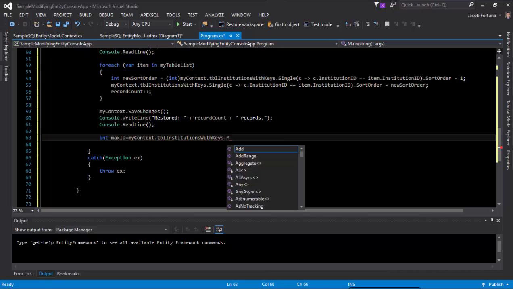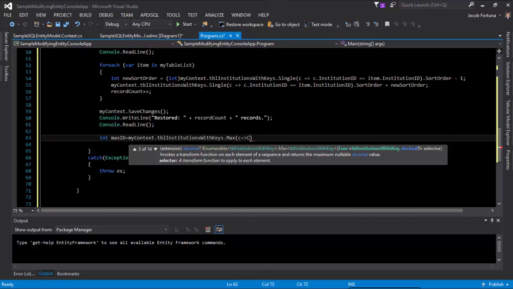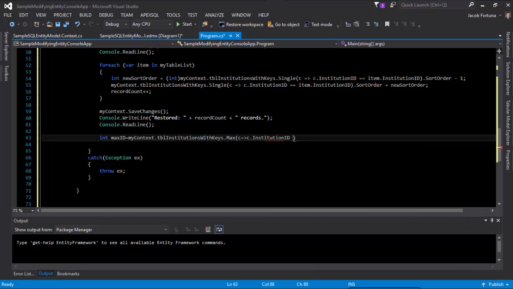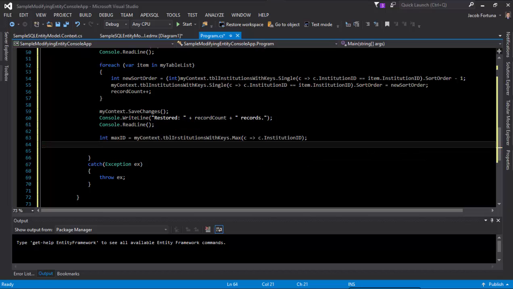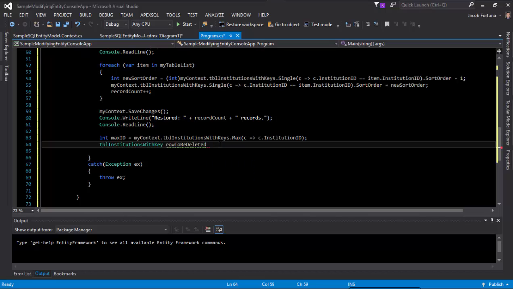I'm going to find the max, and get our lambda expression, see that, institution ID, I'm going to find the max one, and then we're going to go ahead and say table institutions with key, row to be deleted, maybe lowercase on that, and again we get our message letting us know that that's not used anywhere currently, which is the green squigglies on there, no worries, right? And we'll say equals my context,